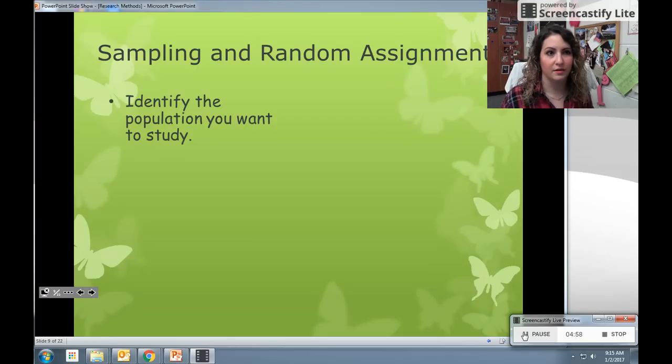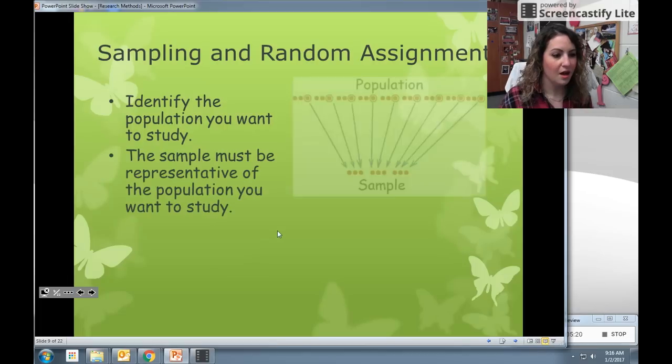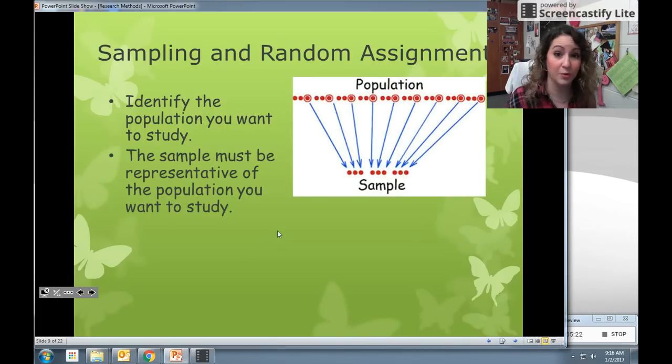And so, if you want to study the entire world, then your population is the entire world. But if you're really only trying to test children from the ages of 7 to 17, then that's your population. Or if you want to just do adults that smoke, then that's going to be your population. And then you are not going to test everyone in the population, because that would just be crazy, to have